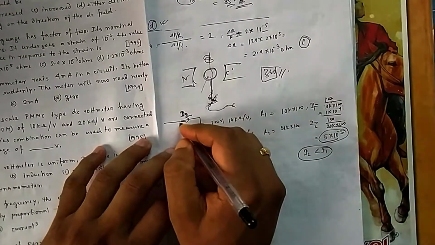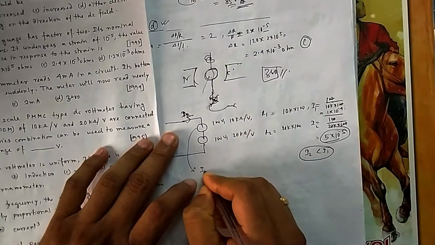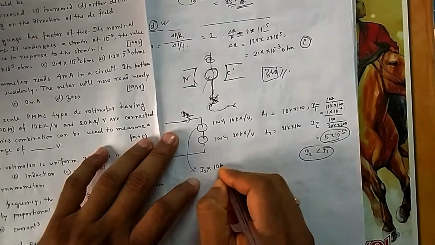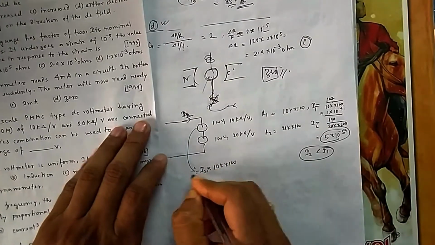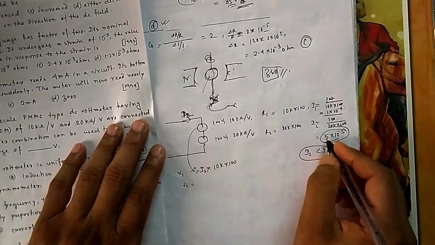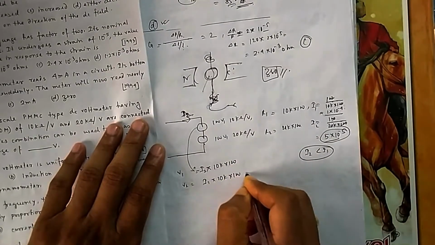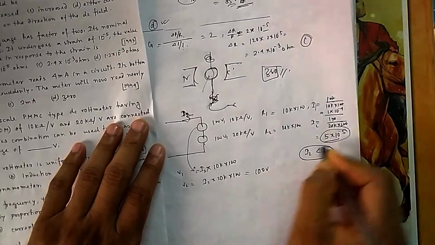Okay, so what is the current you can flow? That is I2. So if you are flowing I2 current, then what voltage is it measuring? I2 into what is its resistance? 10 kilo into 100. So this is the measurement you are getting from the first one. The second one is same, because you are doing this one. So I2 into, it will remain same. That is 100 volt, because you are putting the same values.